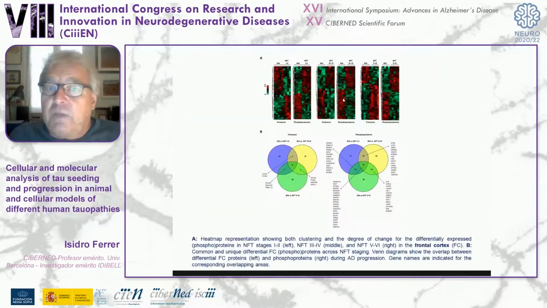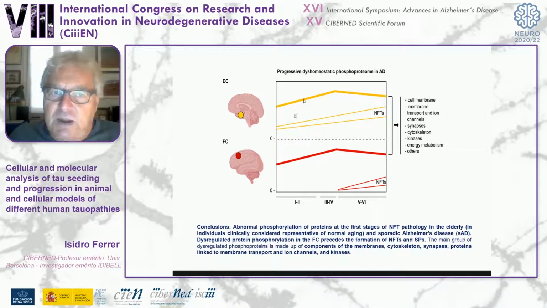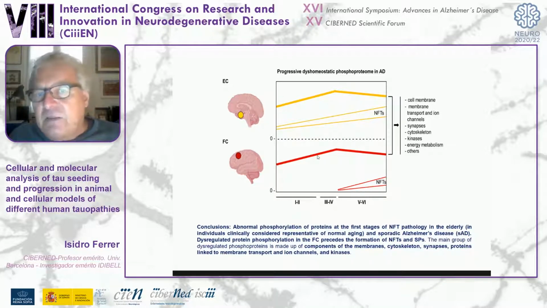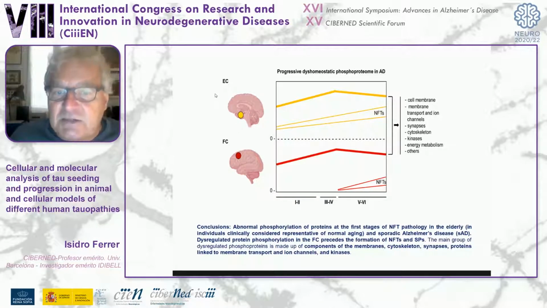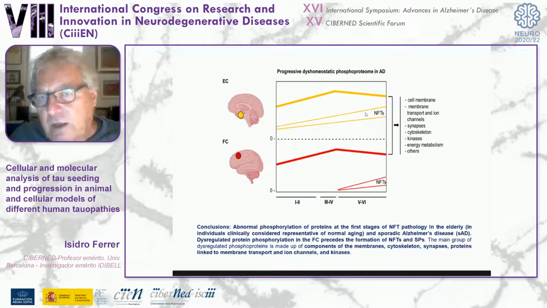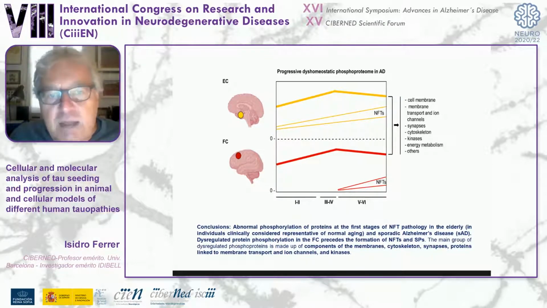And in addition to, just to summarize, in addition to tau and alpha and beta amyloid, we see that at the very beginning and the first stages of the disease, not only the entorhinal cortex shows abnormal protein phosphorylation or regulation of protein phosphorylation, but also the frontal cortex. So this is very important, the regulation of proteins, including kinases. So the basic scenario is not only tau, the study of tau and beta amyloid, but also many other proteins which affect the membranes, the cytoskeleton, and synapses, and many other pathways in the central nervous system.